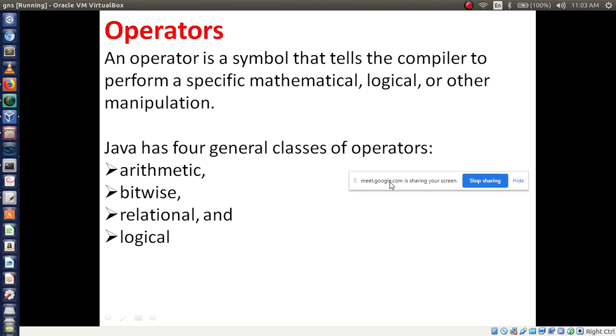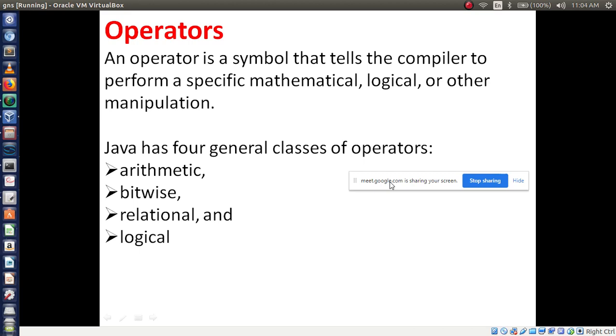Alright, now we'll see operators. This is also an important question, operators. In the theory exam they may definitely ask, explain kinds of operators, or explain arithmetic and relational operators, or explain bitwise and logical operators. That kind of question will be asked. So you had better remember these arithmetic, bitwise, relational and logical operators, right?